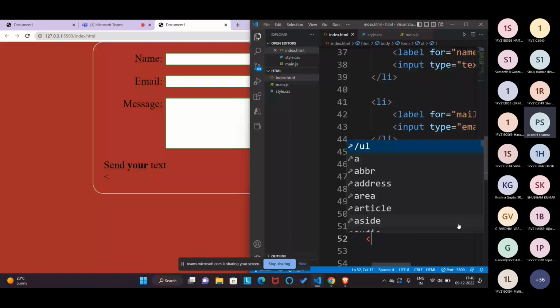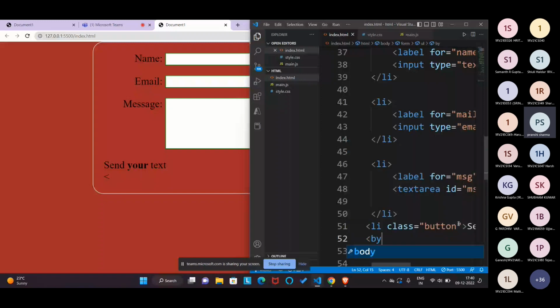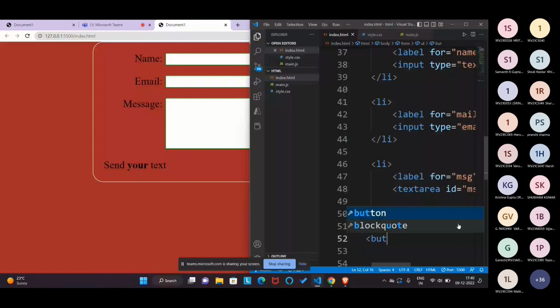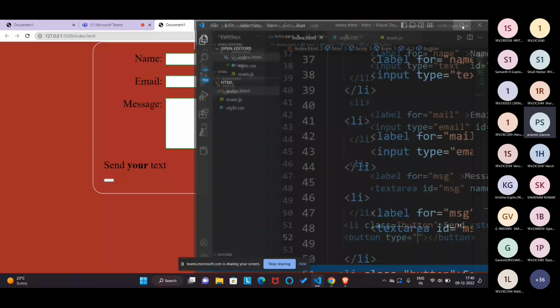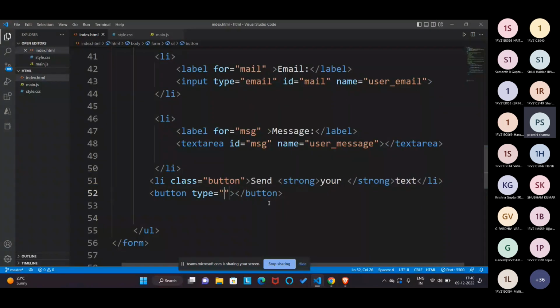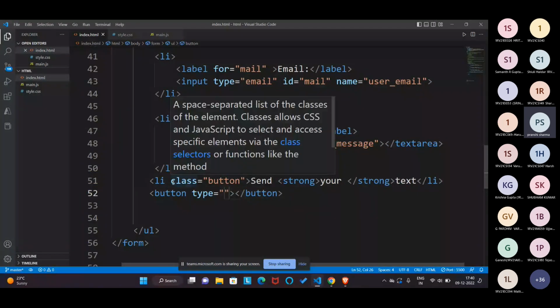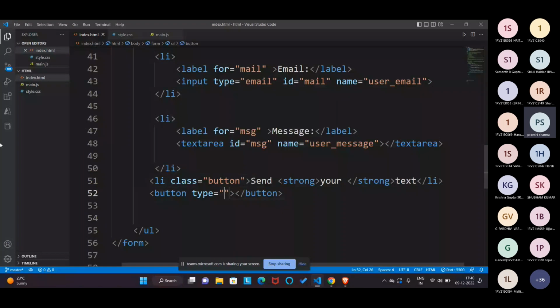Say type, now using button, type equals to. Okay. So guys, just remember one thing. We are using in list type. We are making a button. We make a class button, which means send your text, and we are using the button tag, which is available in HTML, and there are lots of types of tags available. For example,